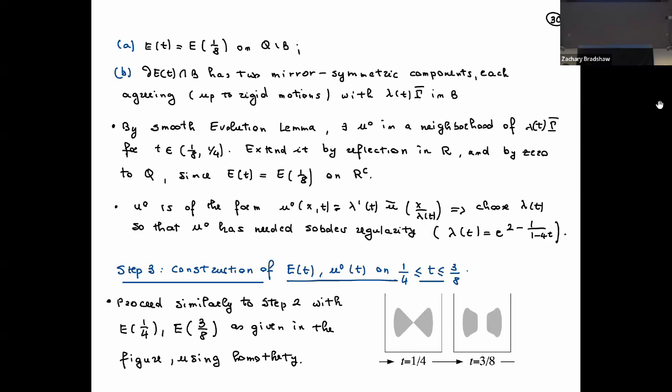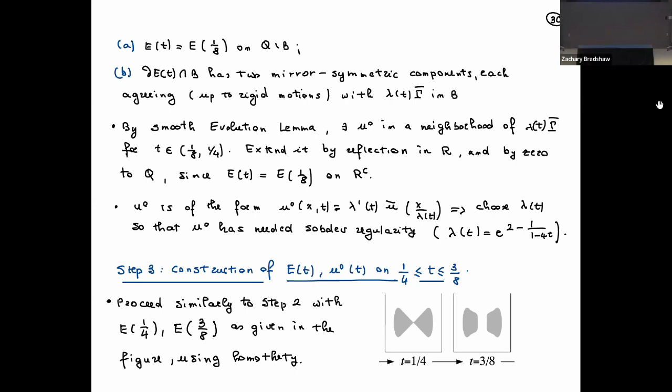And the question is, once you have this, you are locked in, right? The shape of this vector field is given to you. So can you control the norms of U? You can, because you have the choice of how fast you approach the pinch-in singularity. And if you choose the homothety in this form here, you can prove that in fact U0 has the needed Sobolev level. So the shape of the velocity field is completely determined by all these conditions which I imposed above. The only freedom is how fast you approach the pinch-in singularity, but that is enough to control the norms.